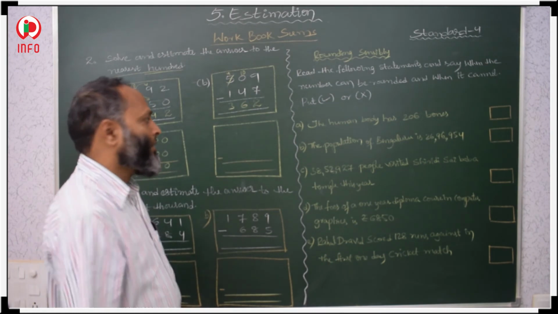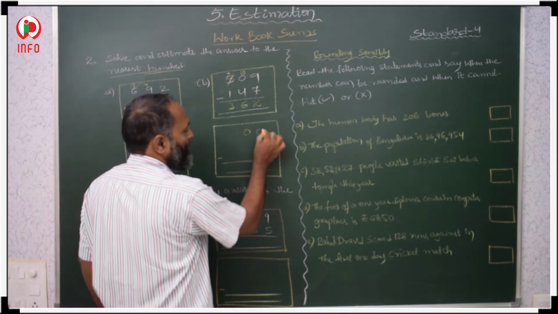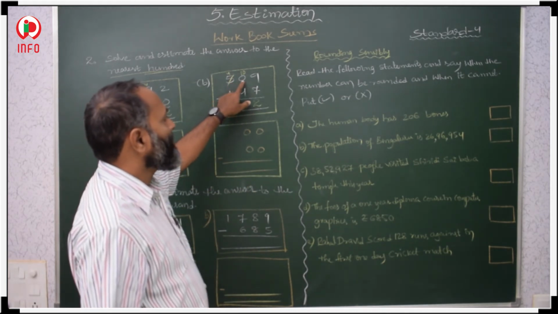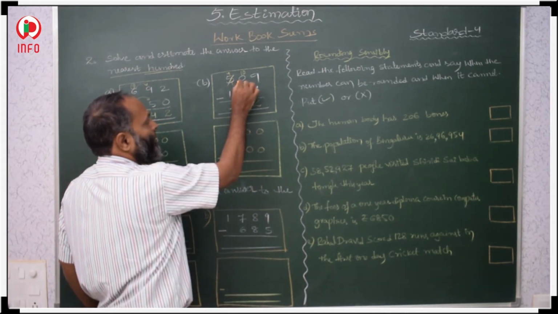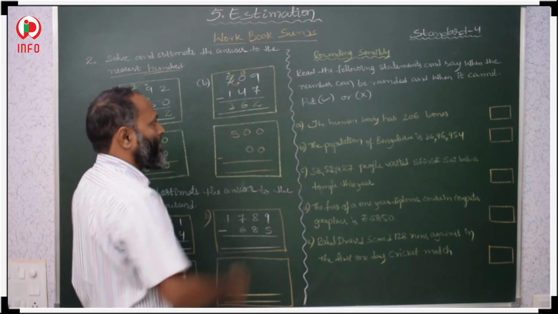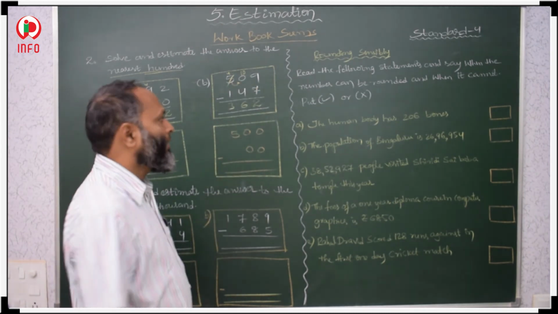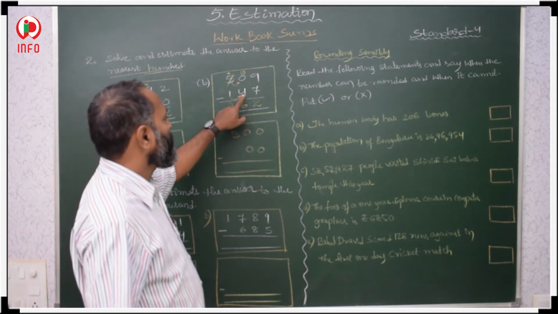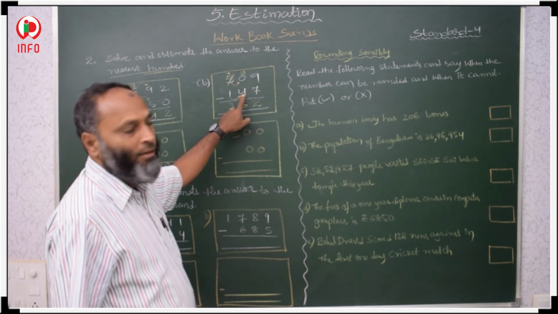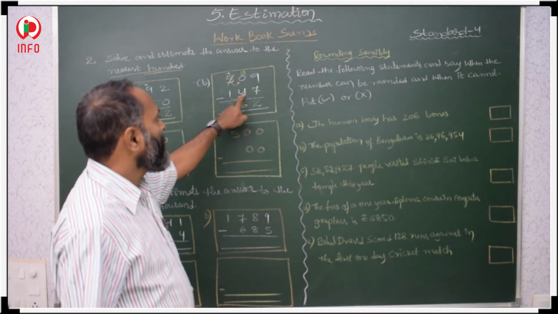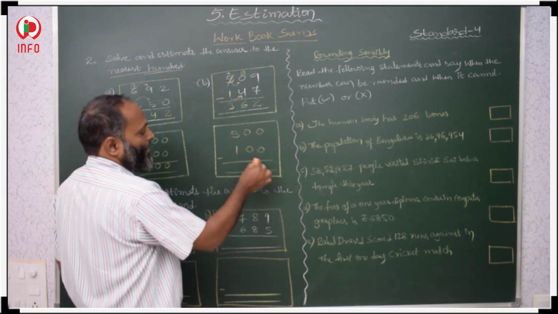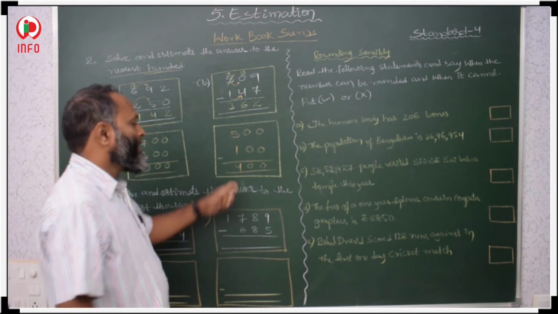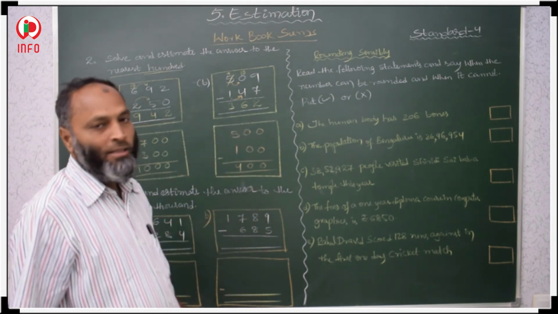Now estimate it. First, in the 1's place and 10's place we will get zeros. Now here 5 is there, and in the 10's place 0 is there. So 5 as it is, no change. Why? Because 0 is less than 5. And here 1 is there, and 4 is there. It is less than 5, so 1 as it is. Then 0, 0, 5 minus 1 is 400. Estimated is 400 and accurate is 362.